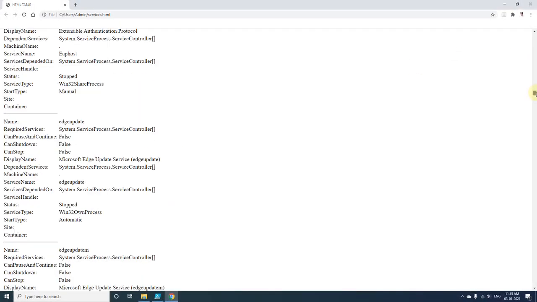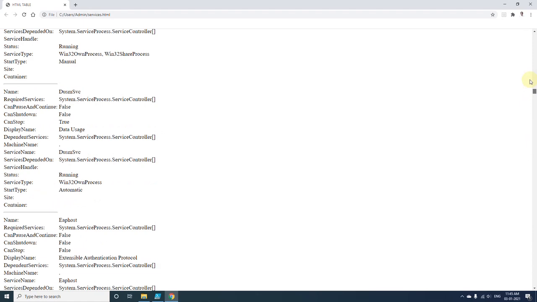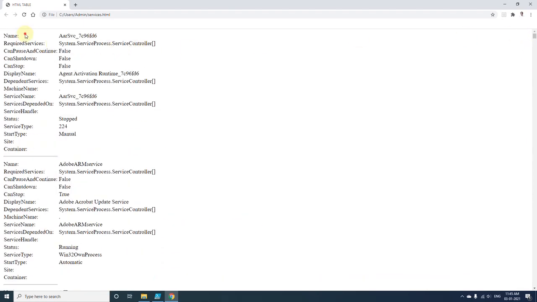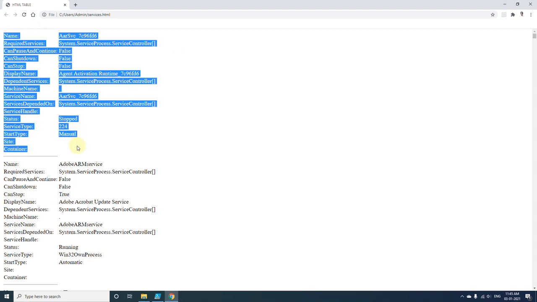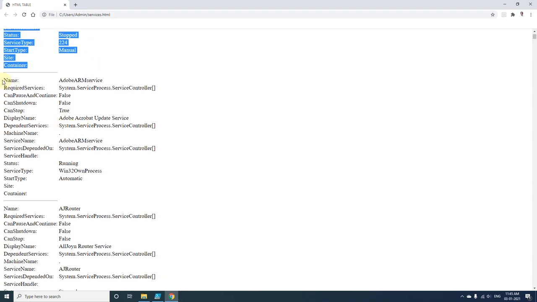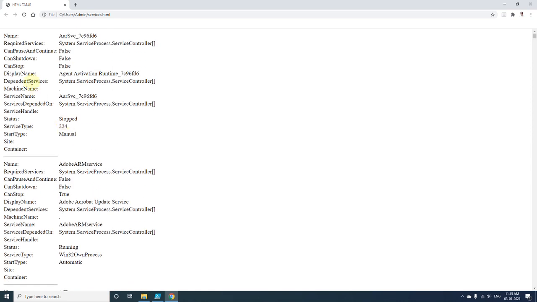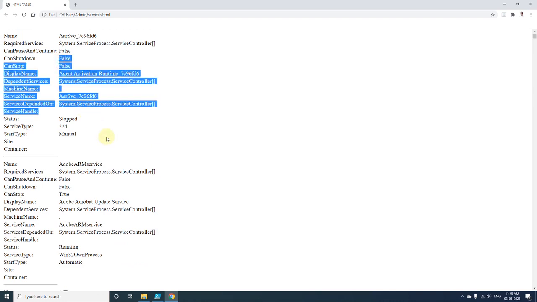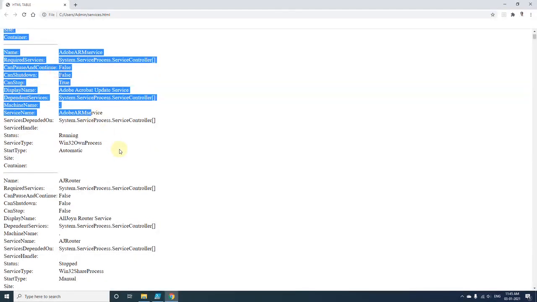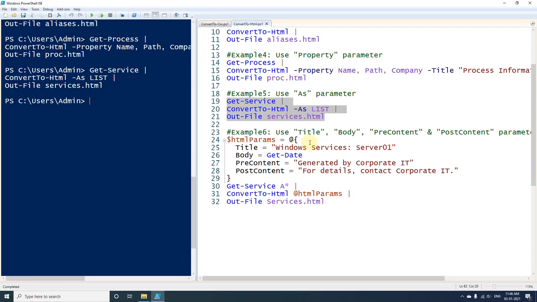When we get the output in list format, we don't have any header. We get all the properties and their values, and the same properties and values will be repeated again and again. So properties will be repeating, but their values will be changing for each row.